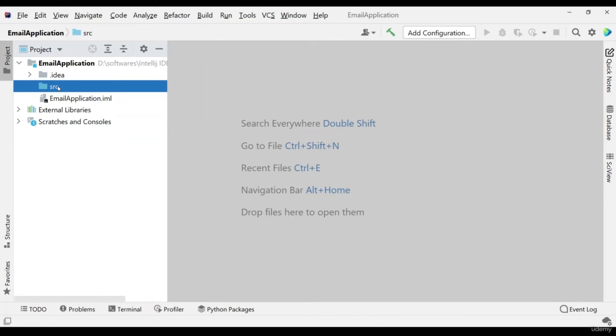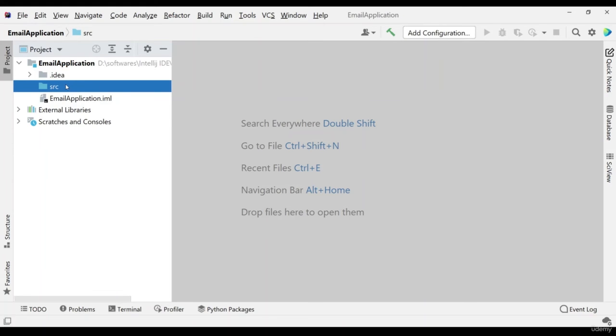So we are done with our setup. Now we will see how we can proceed with our project. Once this setup is done and everything is indexed and loaded, what you are going to do is click on src and right click here. It will take time to load.